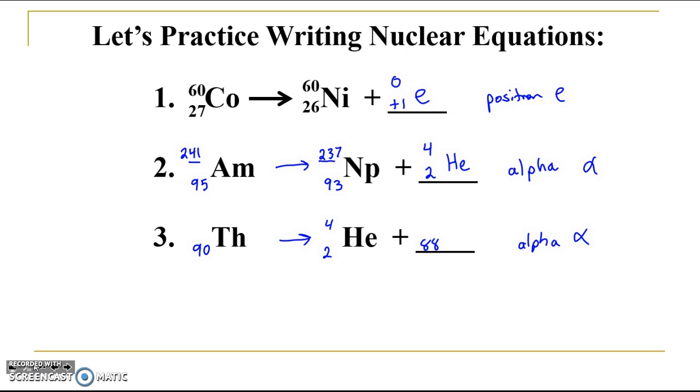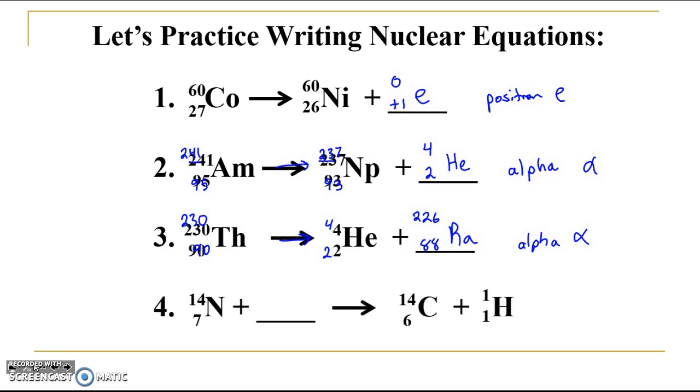Element 88 is going to be letters Ra for radium. Okay, and we're going to go ahead and give that a 226. 226 plus 4. Thorium is going to be 230 here. We're going to have to provide you one of the mass numbers, so don't fret about that. Okay. And the last one